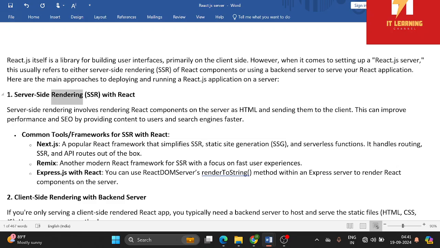1. Server-side rendering, SSR, with React. Server-side rendering involves rendering React components on the server as HTML and sending them to the client. This can improve performance and SEO by providing content to users and search engines faster. Common tools and frameworks for SSR with React: